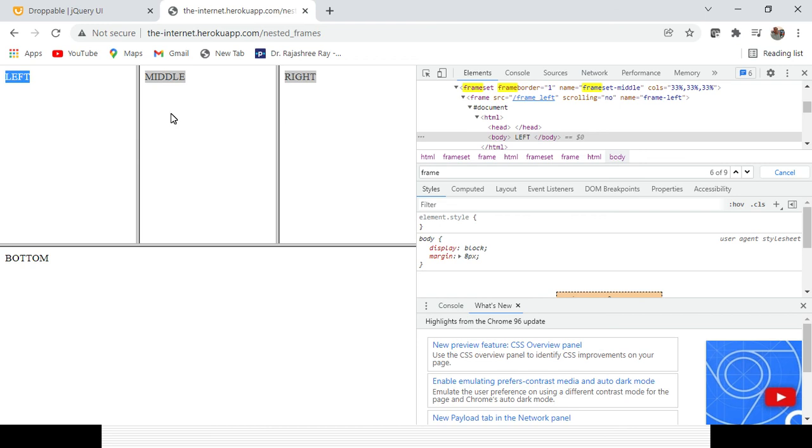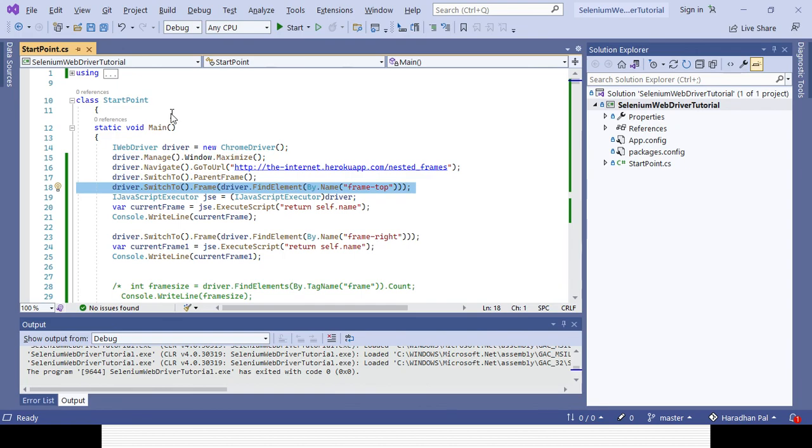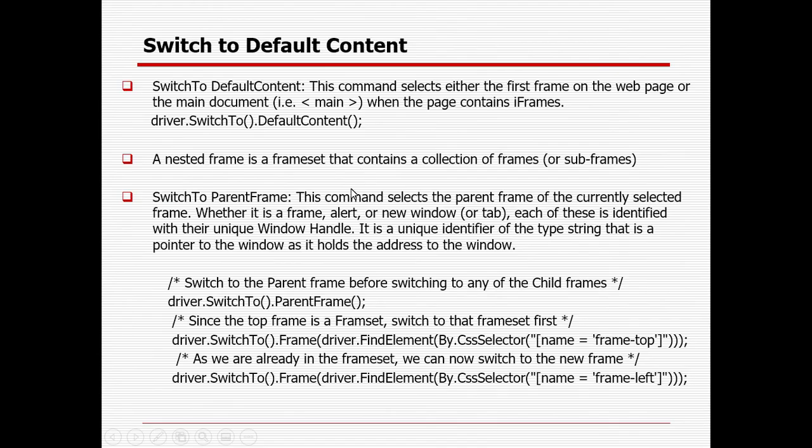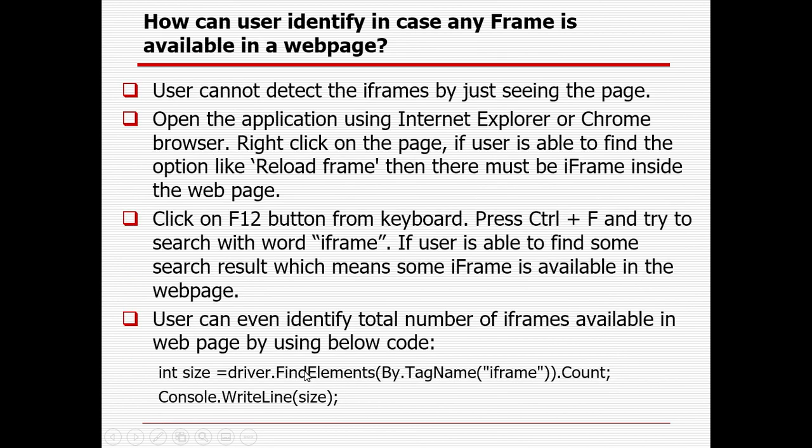So these are the multiple operations available, and I have tried to jot them down. First you need to switch to the parent frame, the top frame, and after that you can go to the child frame. Even if you want to go to another child frame, you need to go to the parent frame again, and then you can go to the other child frame. Within the child frame you can do any operation, but for other nested frames you need to go to the parent frame first, then the required frame set, and then you can go to the child frame. So those are the different operations available.